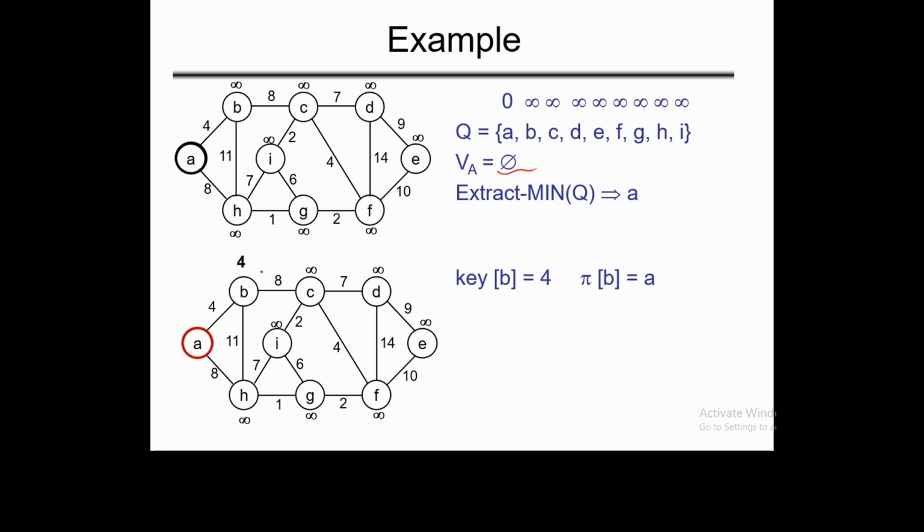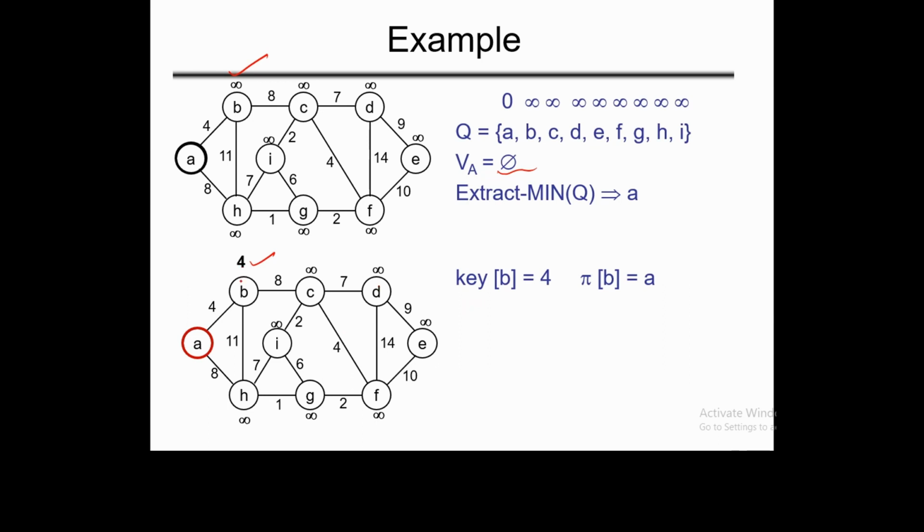Okay, now after adding this particular node in the vertex set, we change the key value of this node. Initially it was assigned infinity, then we change it to 4, and the parent of this node will be reassigned as pi of A. This parent array will help us in finally printing the MST. For every node except the starting node, every node will have a parent node.